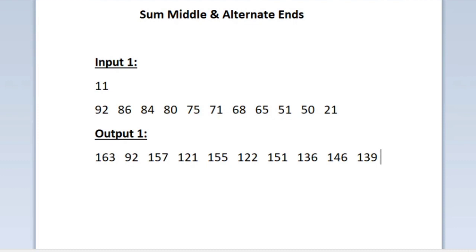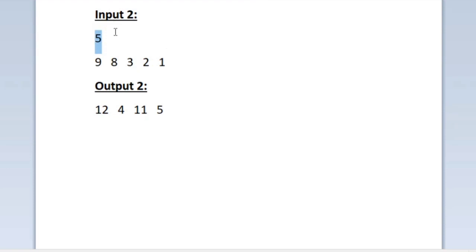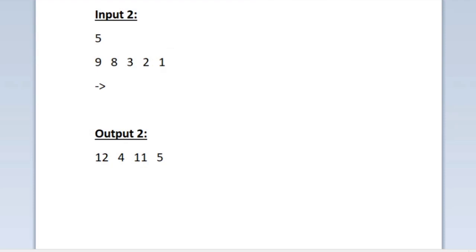Now let us see our sample input 2. The value of n is equal to 5 and it is an odd integer. And in the second line we are given 5 integers as input. First our task is to find the middlemost integer, and the middlemost integer out of n integers is 3. So we should add this 3 with the first integer. So 9 plus 3 is 12, and now this middle value must be added with last first. So 3 plus 1 is equal to 4.